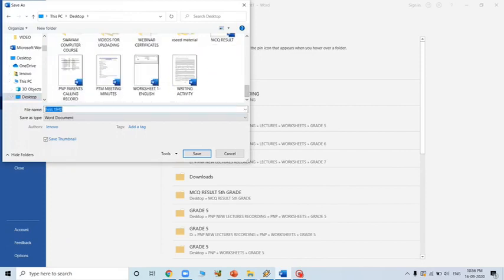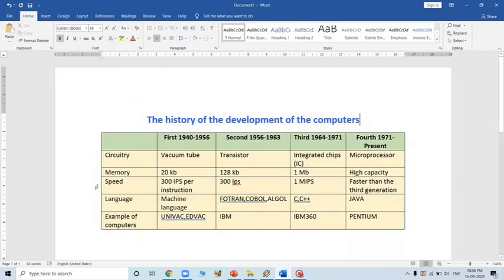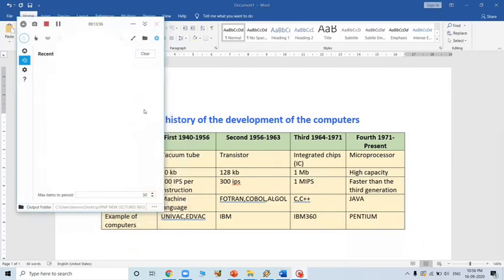Here you have to give a file name, a particular name which you want, and that name will appear on the desktop, and you can easily identify or find the file. So this is how you can prepare a chart and save it in your computer system. I hope you have understood very clearly. Correct? So thank you so much.